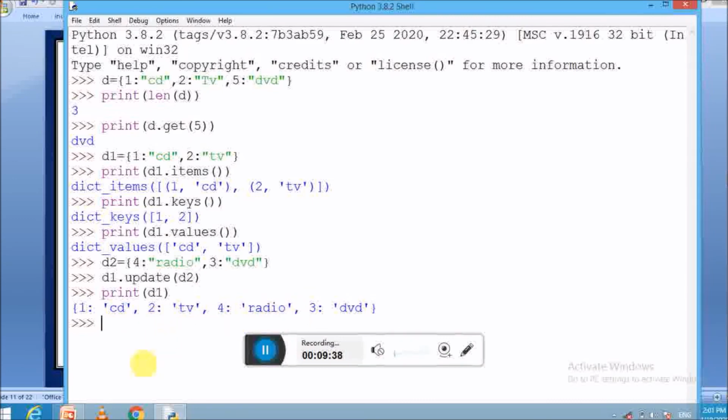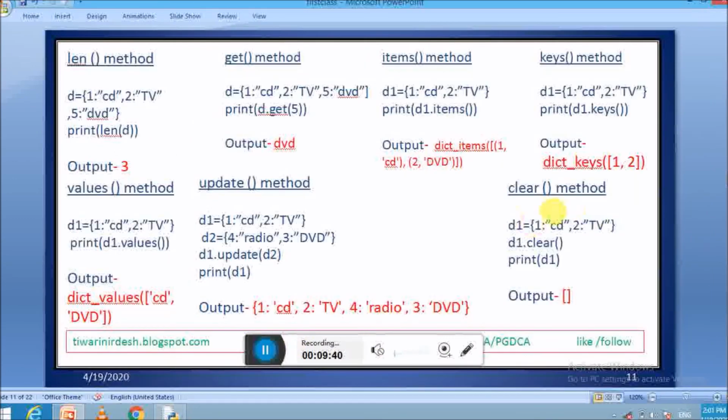The next method is the clear method. By using this method we are able to clear the key value pairs or the elements inside the dictionary. For simple use, as in the example code I have given here, first we give the variable name of the dictionary and just type the name of the method after providing the dot between them.